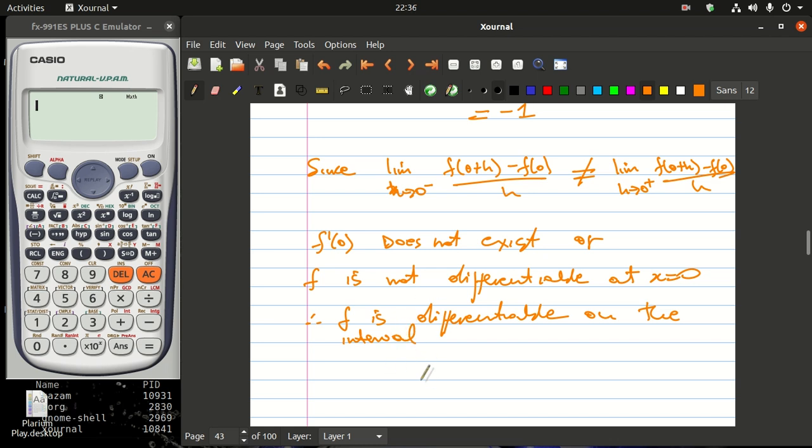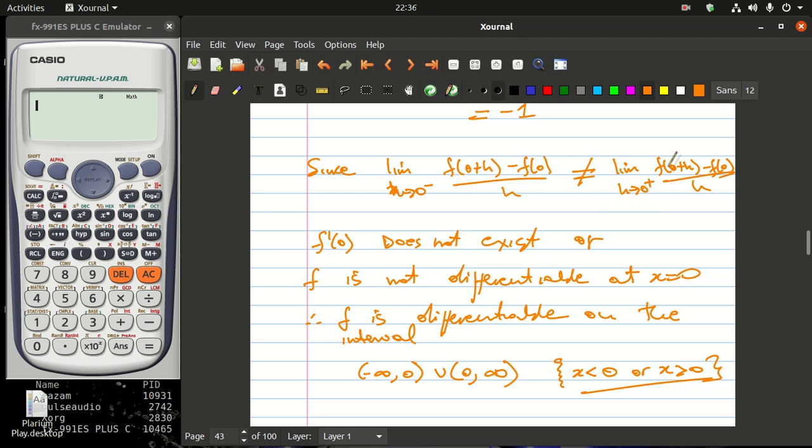It is only differentiable on the interval from negative infinity up until 0, but you don't touch 0, and also from 0 up to positive infinity. Or someone might say that when x is less than 0, or when x is bigger than 0, we can have these intervals. That's when f is differentiable, but at 0 it's not differentiable because this limit and that